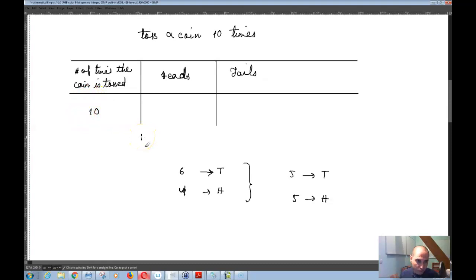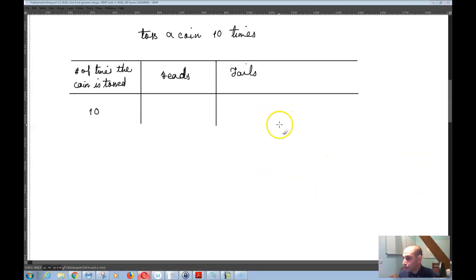And again, if you increase this number, then this number seems to be converging more towards the half of the total number of times that you toss a coin, and so on and so forth. But for now, let's just go with the experiment and see what happens. And for now, basically what's important here is that